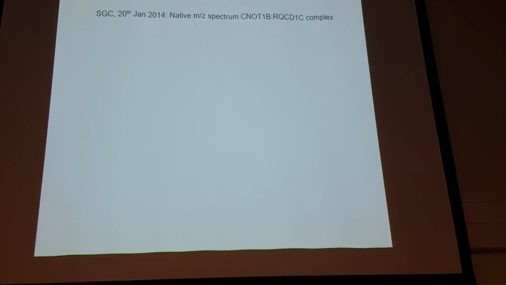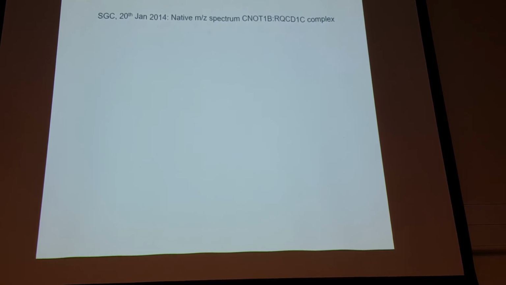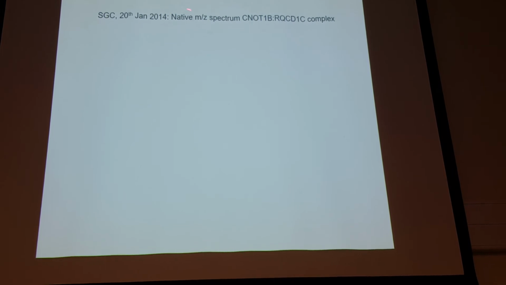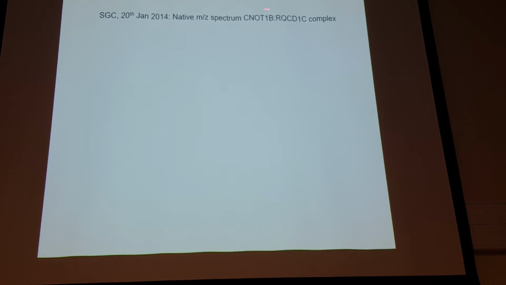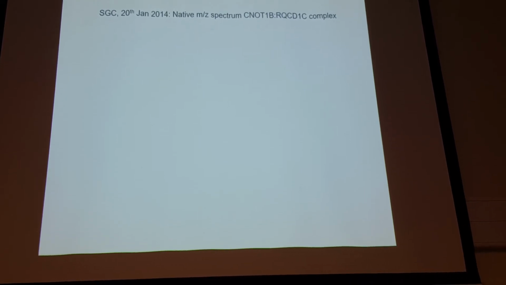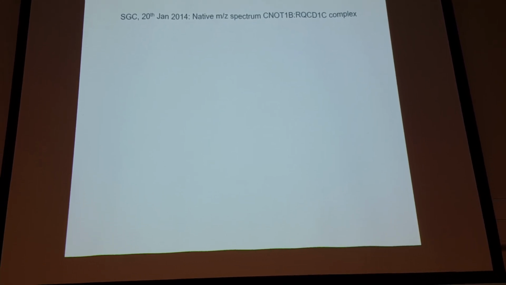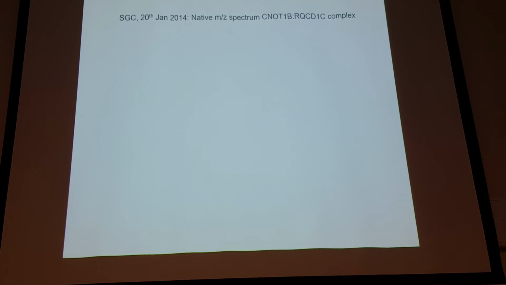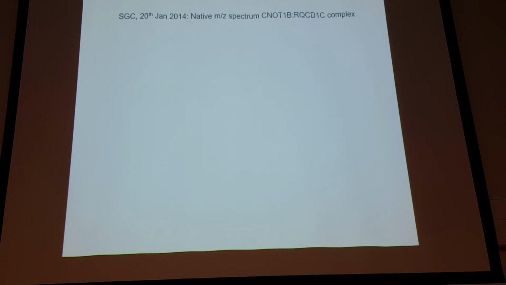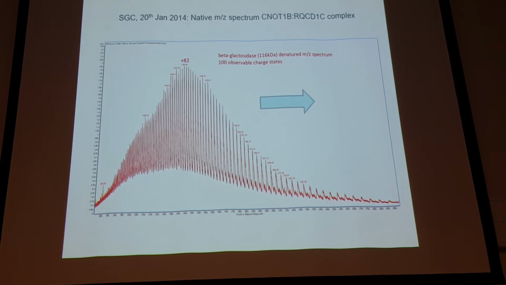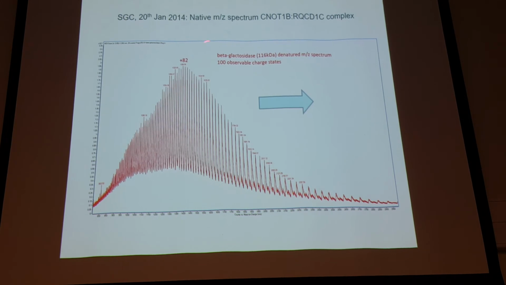Okay? And I'm going to take you back to 20th of January 2014. That's an important date for me because that was the day we obtained our very first native spectrum for this complex. So very first native spectrum at the SGC. Before I show you that spectrum, I want to show you what I was expecting to see. I've read some papers on native mass spec, and I was expecting that the charge state was going to be higher. If you take a similar protein, something of similar size, so this is beta-galactosidase, this is the MZ